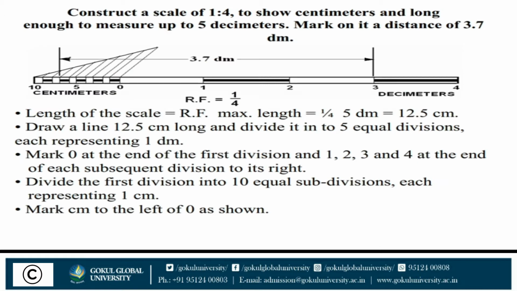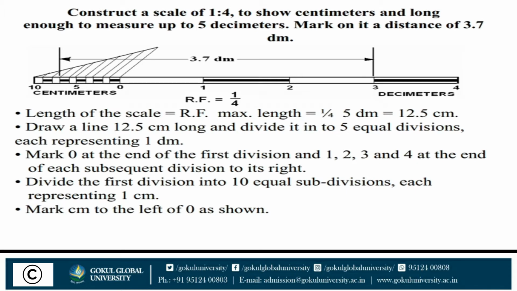Construct a scale 1:4 to show centimeters and long enough to measure up to 5 decimeters. Mark on it a distance of 3.7 decimeters. Now first, RF is equal to 1 upon 4. The length of scale means RF multiplied by maximum length, means 1 upon 4 multiplied by 5 decimeters, is equal to 12.5 centimeters. Draw a line 12.5 centimeters long